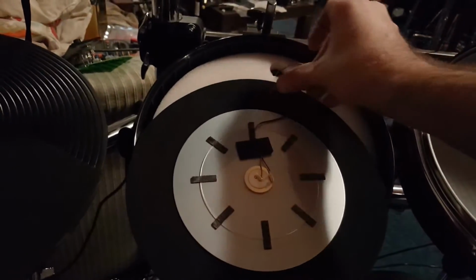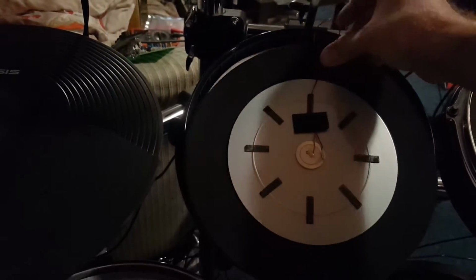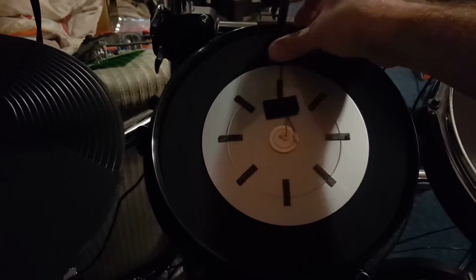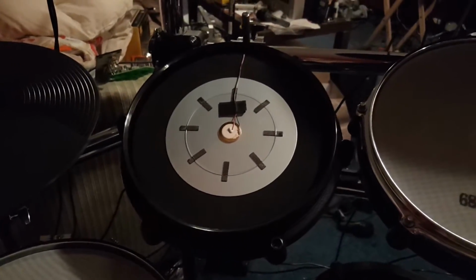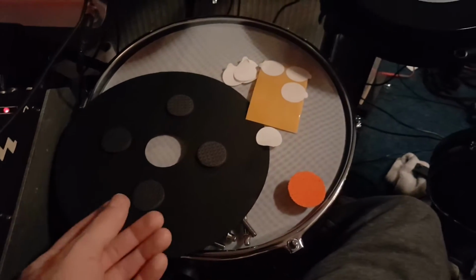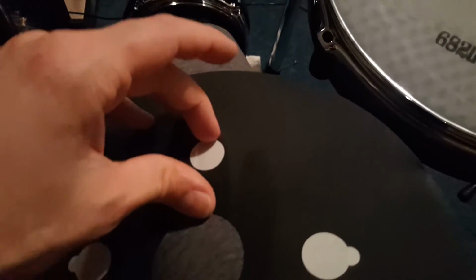So let's keep going. I kind of want to get this wire out of the way, so I'm going to pull this out and just kind of fold it back here. You don't really need to do that. But as you saw, I pulled off that foam and I flipped the head over. The piezo is already facing us, so this is already over halfway done. Now what we do is take one of these cardboard inserts and just kind of rinse and repeat from the last drum. So we're going to pull these off,